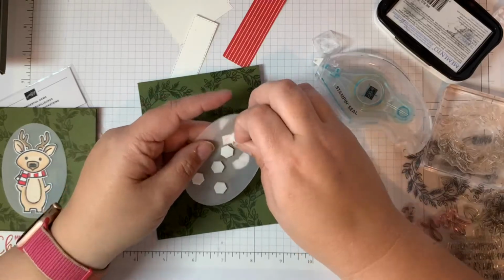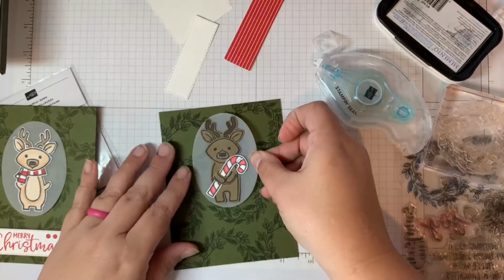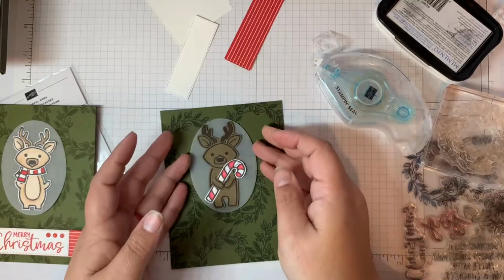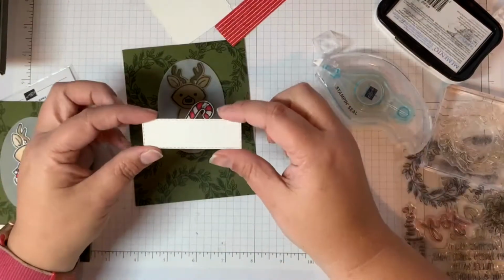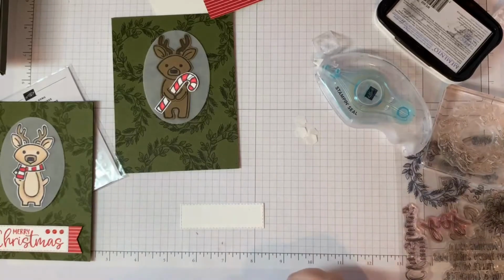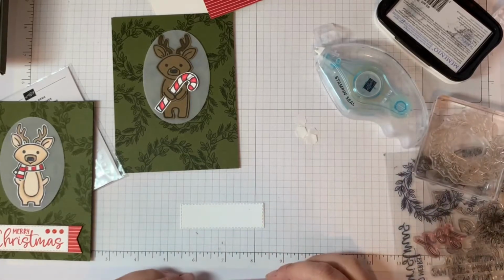Our last project today is going to be a 3-dimensional project. And I think you're going to love it. Alright, so we're going to put our deer kind of right in the middle. Oops. There he is. All right. This is one of the stitched rectangles, and we are going to stamp the Merry Christmas off of this piece